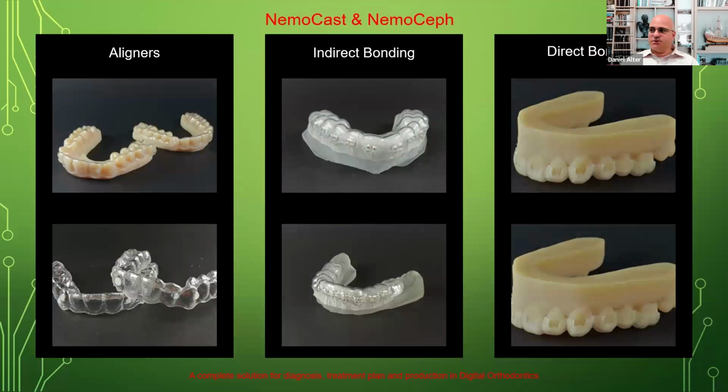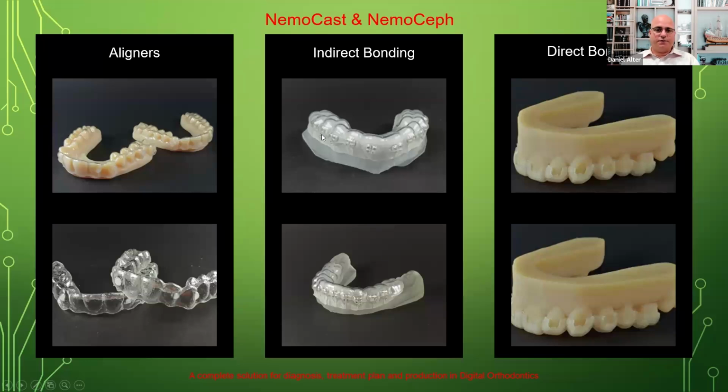So here are some examples of what will be produced from it, which is aligners, which is a huge opportunity. I mean, the aligner business is growing exponentially and more people are getting it. Aligners, that is, and now you have the ability of doing it in your laboratory very easily and cost effectively. And again, not only is it on your PC, but it's also cloud-based. Or you can get involved with